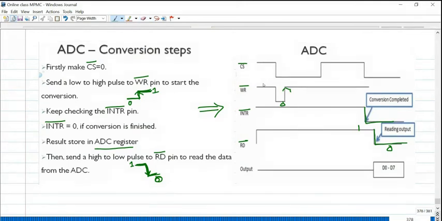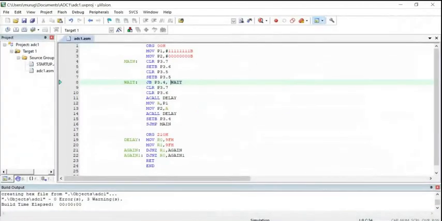Okay, so we'll verify this. As usual, you have to create a project in Keil software. I think some other software is also available, but we are comfortable with Keil according to our syllabus. Copy the assembly language code and create a hex file.